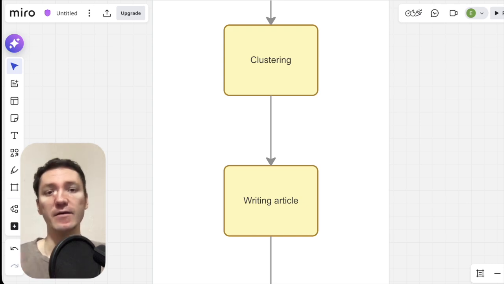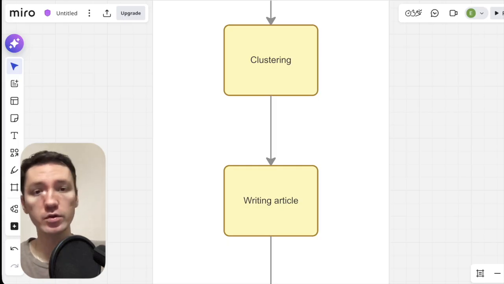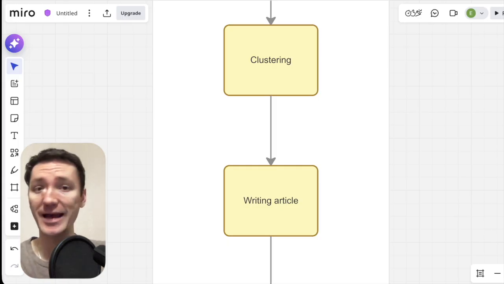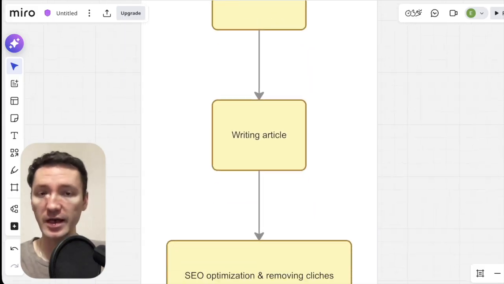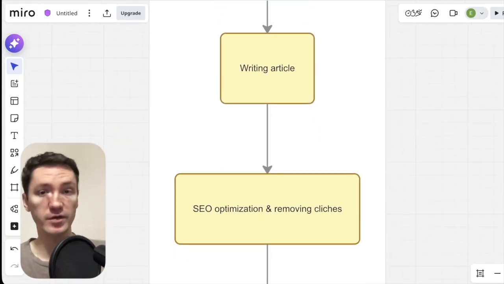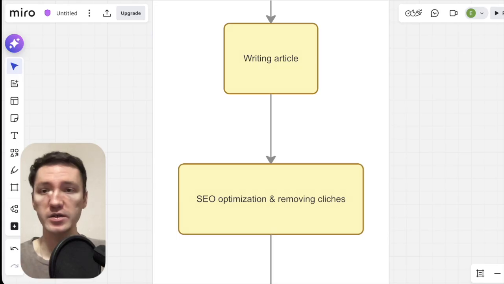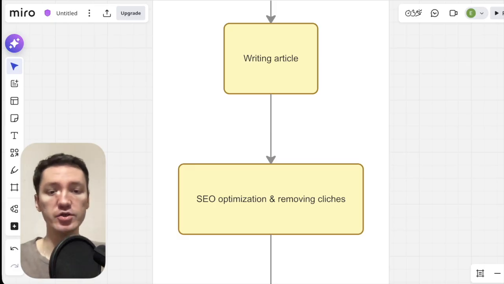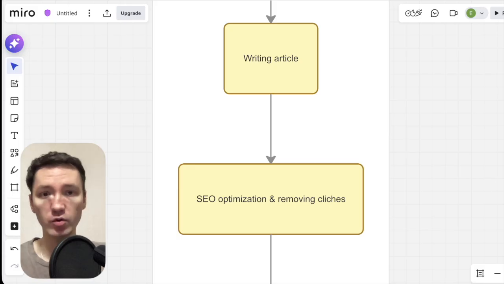So in this case, every piece of content, every part of the article is the most important and as accurate as it possibly can be. After that, all the articles and all the parts of the article are gathered in a specific list, the whole group. And the next agent optimizes this text with SEO keywords, maybe meta tags,